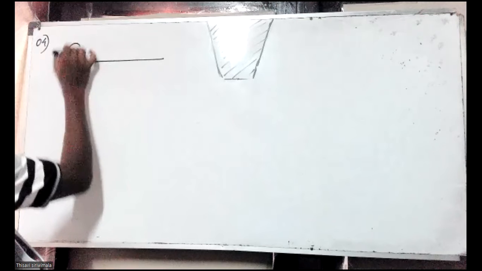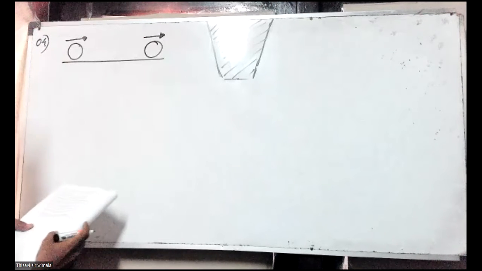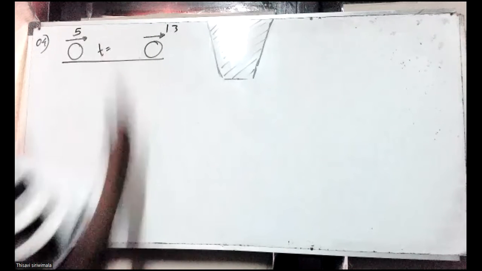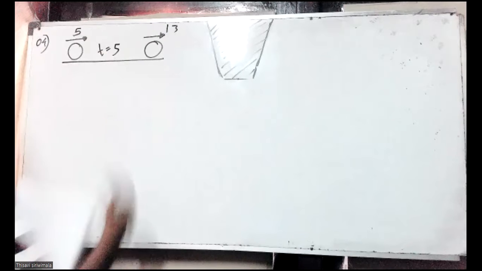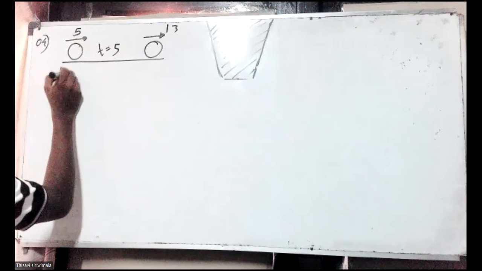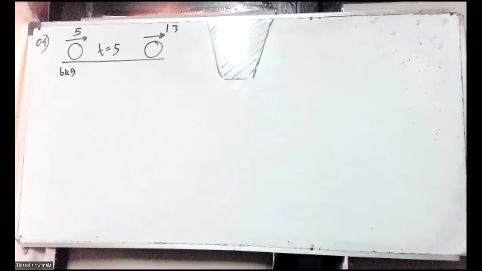The mass of a certain object is 6 kg. What is the force that could have acted on it if its velocity increased from 5 to 30? If you feel it is a little difficult to understand, you can draw a small diagram, 5 to 30. Time equals 5 seconds. Mass is 6 kg. So if you are to apply F equals ma,